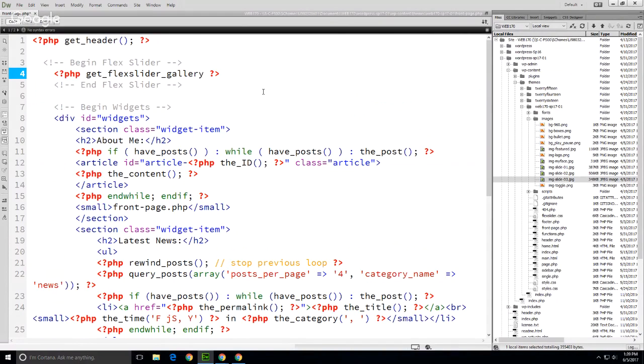And I make the function, name it differently every time. Doesn't matter what you name it. But if I'm saying get FlexSlider gallery, then,